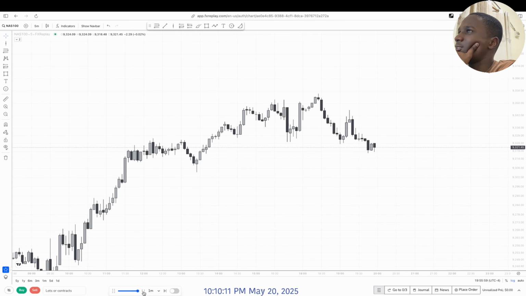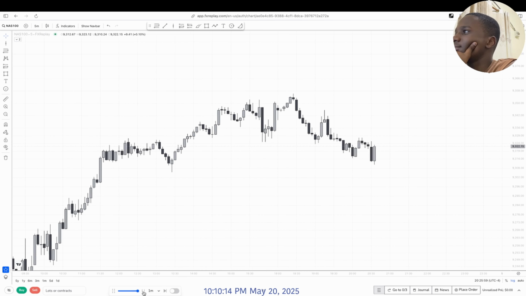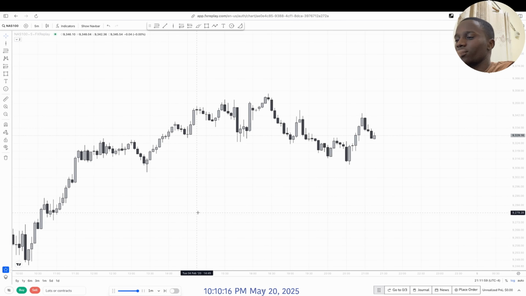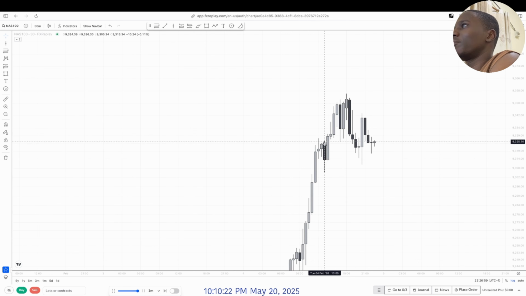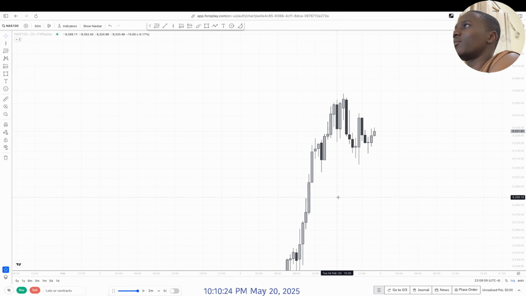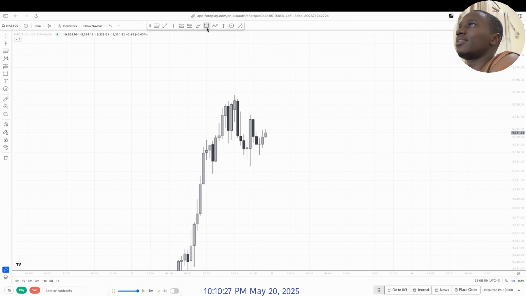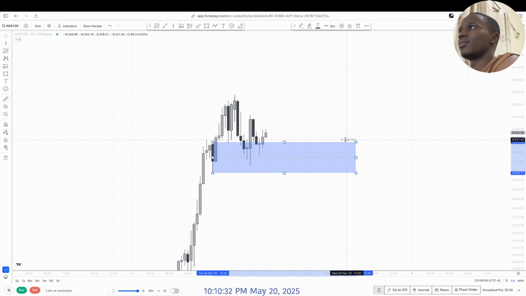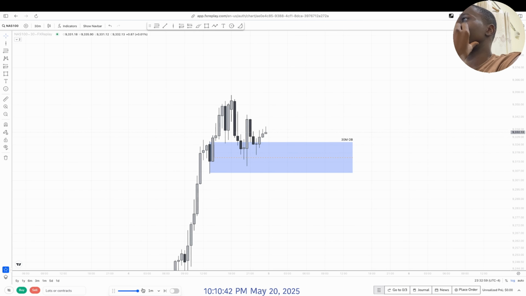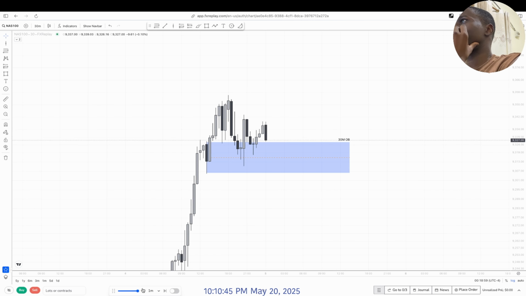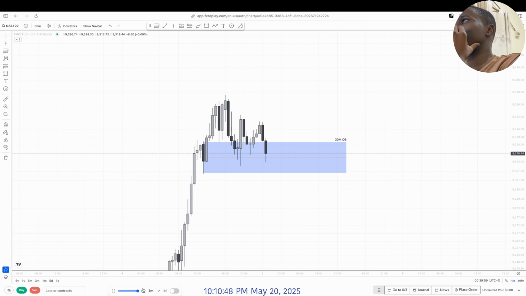Now market has started to range a bit. We'll mark a shift if we see a 30-minute low taken out, such as this one, but keep in mind we're already in this order block, which means we might be ready to push higher. We are in this 30-minute order block. Okay, so it's holding a bit. Let's wait for tomorrow, the next day, to come in, and we'll see how we deal with this one.